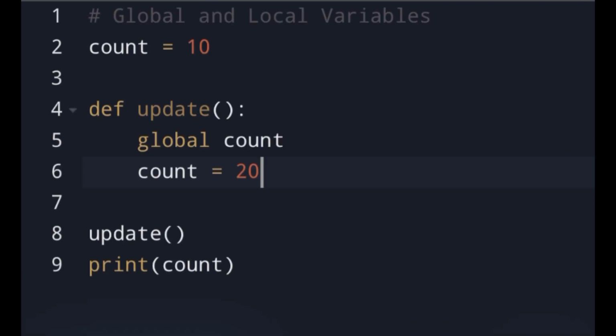So remember this: a global variable is created outside a function and can be accessed almost anywhere in the program, and a local variable is created inside a function and can only be used within that function. So if you want to modify a global variable inside a function,